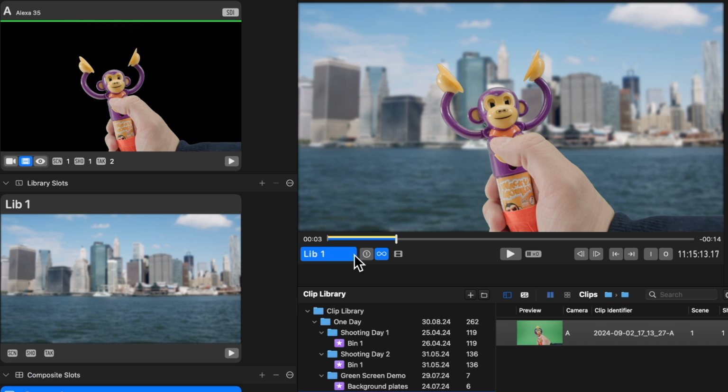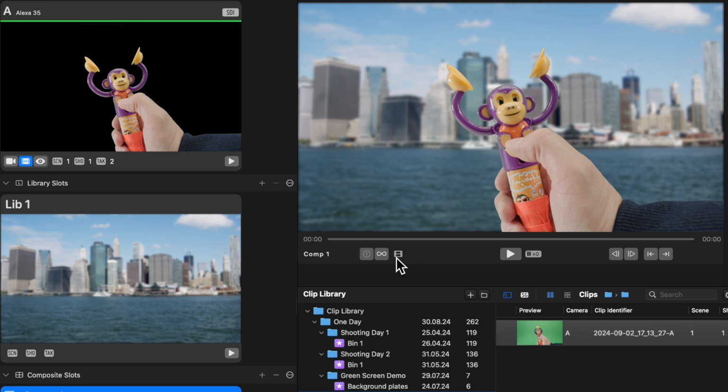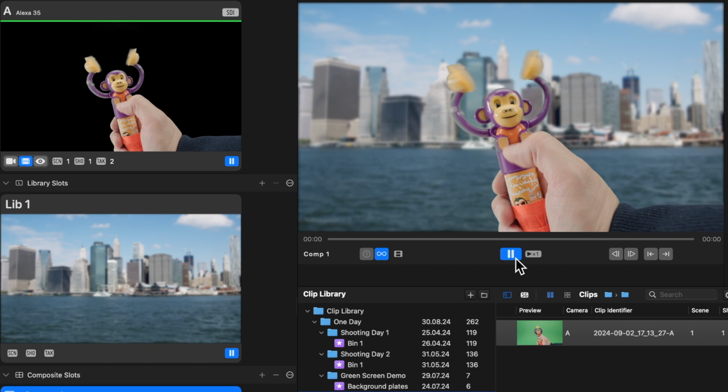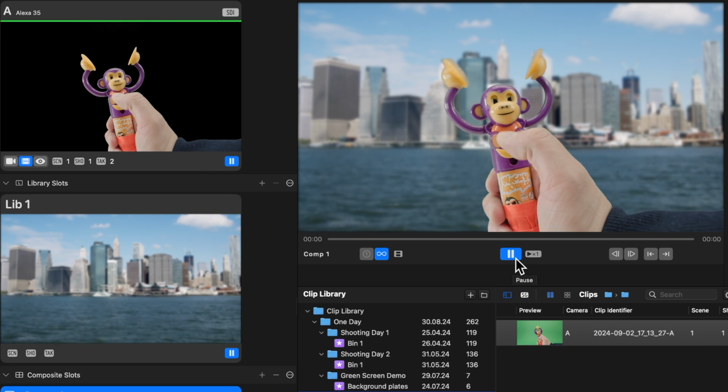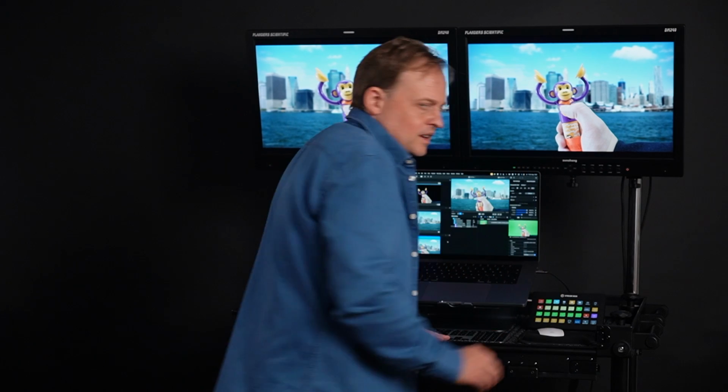Okay, now let's switch back to our global controls, jump to the endpoints, enable loop for all, and start the synced playback from here. That was a quick overview of creating a green screen compositing. You can find more in-depth instructions in the POM4 knowledge base.